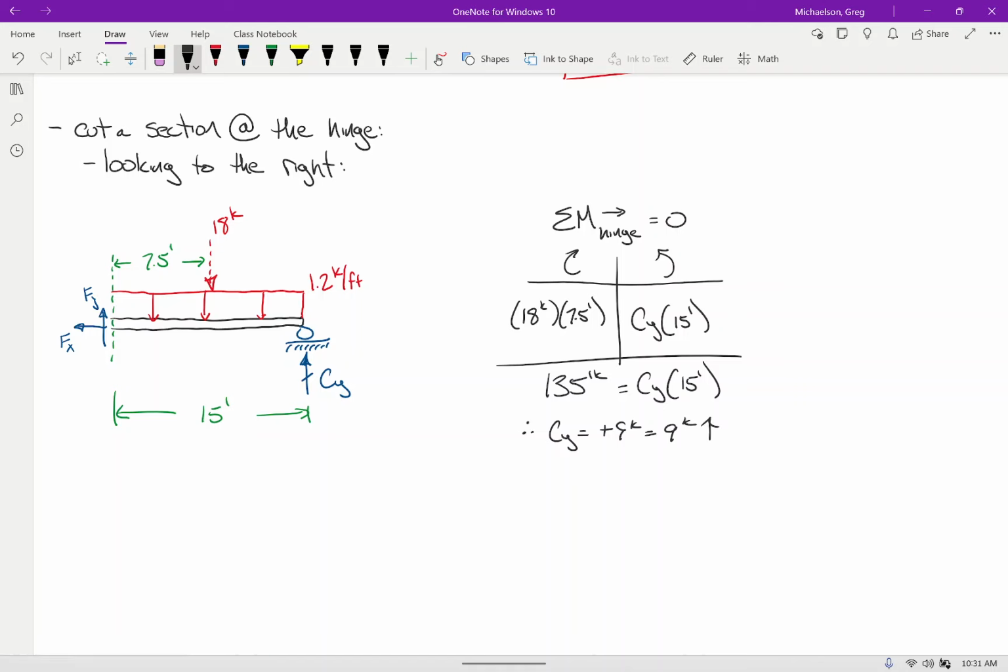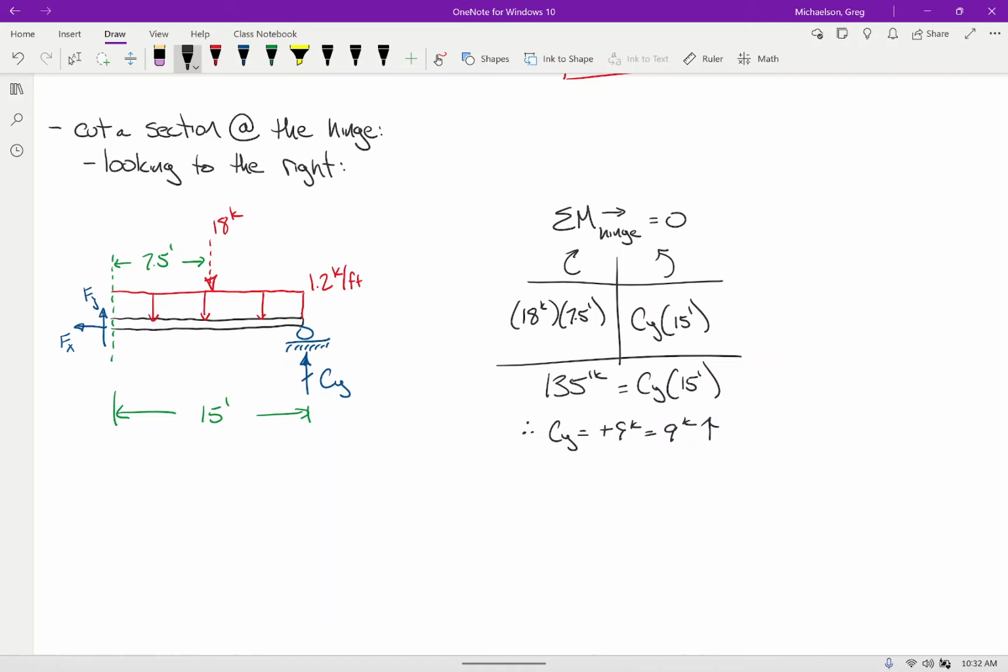I get that, right? Which, I mean, I kind of did some of that math in my head, because if 18 times 7.5 has got to equal something times 15, this is double that, so that's got to be half that. So, does that make sense? So, we've got one of our support reactions. Here's one of our support reactions. So,